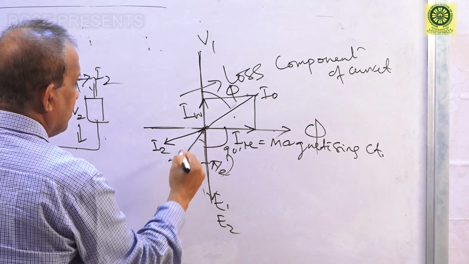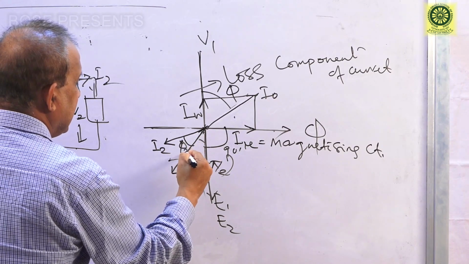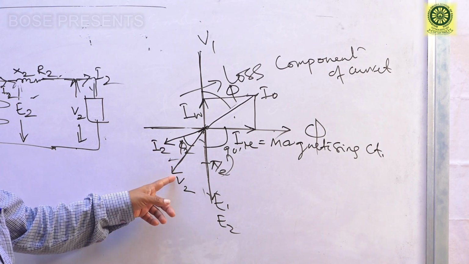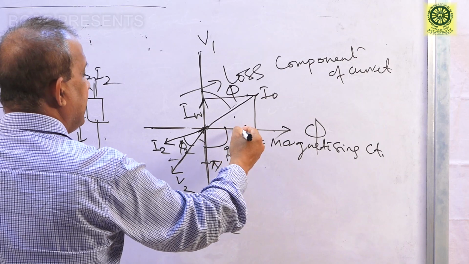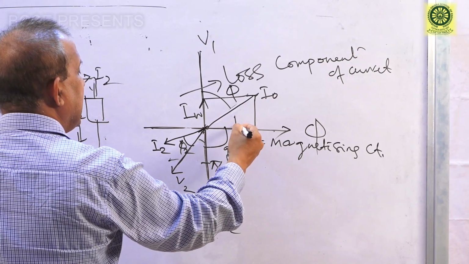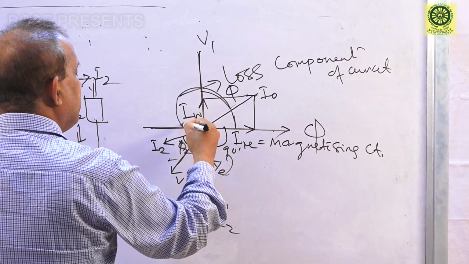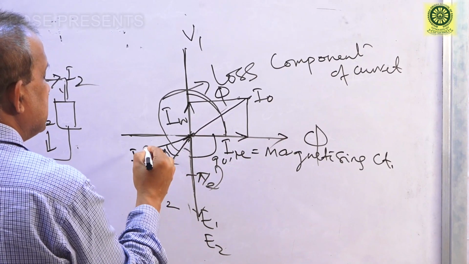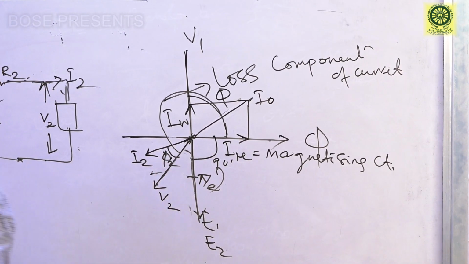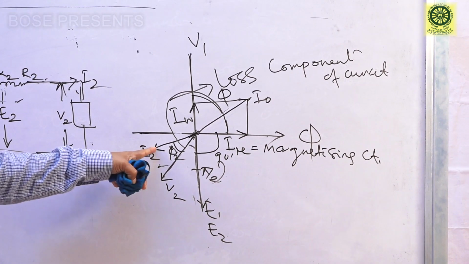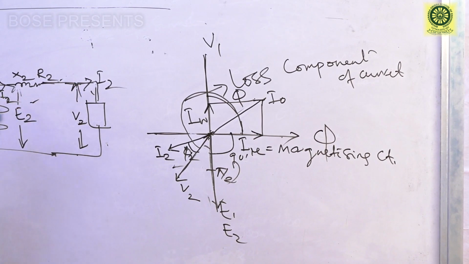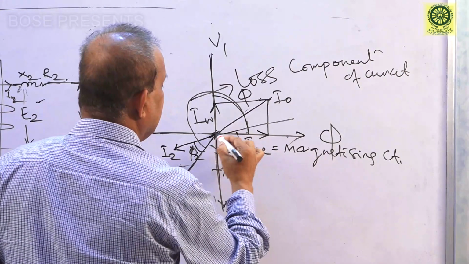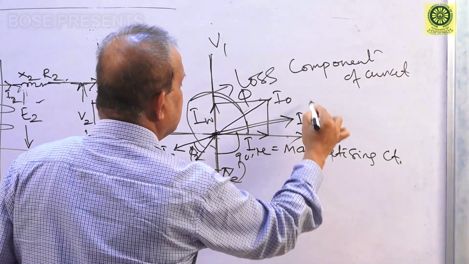The secondary side power factor angle is phi 2, that means I2 is lagging behind V2, because in the phasor diagram leading and lagging are determined by looking in the anti-clockwise direction. So here V2 leads I2 by an angle phi 2. Next, I will refer this I2, which is in the secondary side, to the primary side. When referred, this will be like this, and it is called I2 dash.